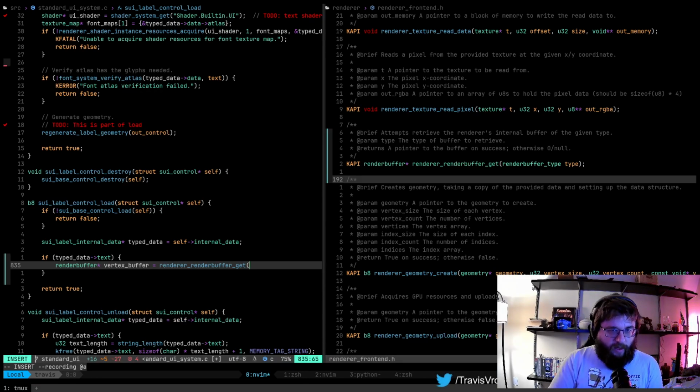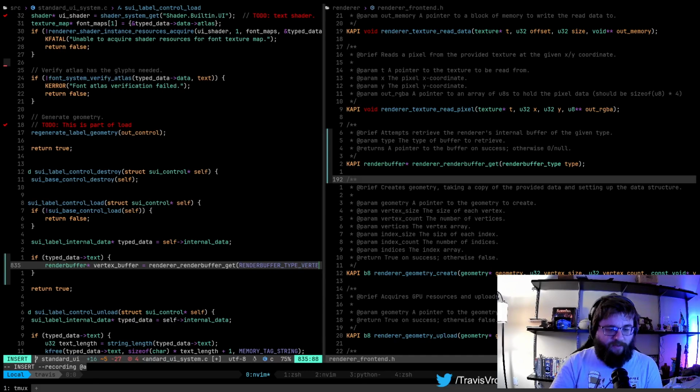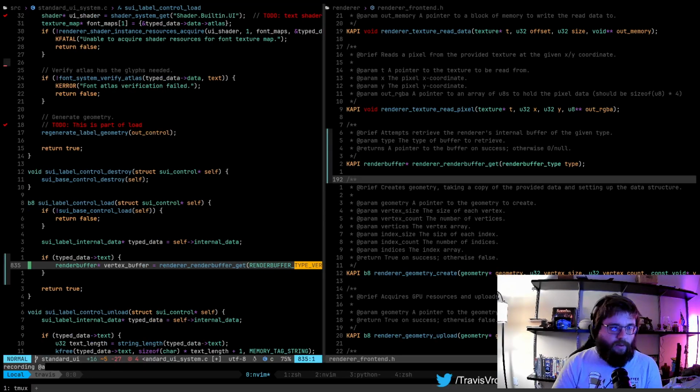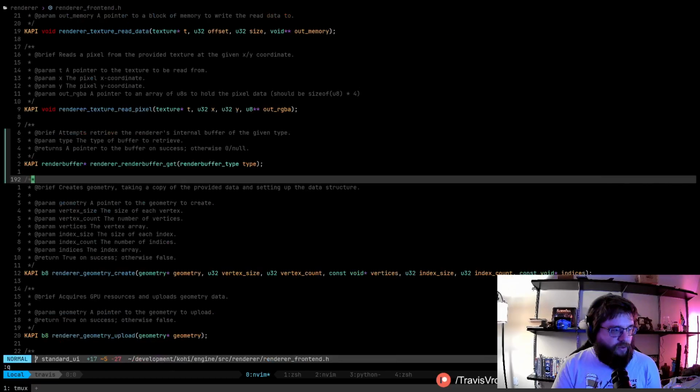And then render buffer type vertex. I don't know why my IntelliSense stopped working, so let me relaunch Vim real quick.